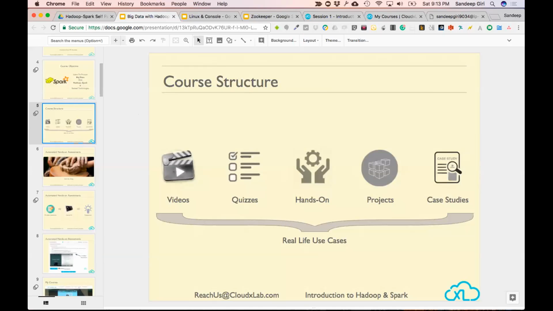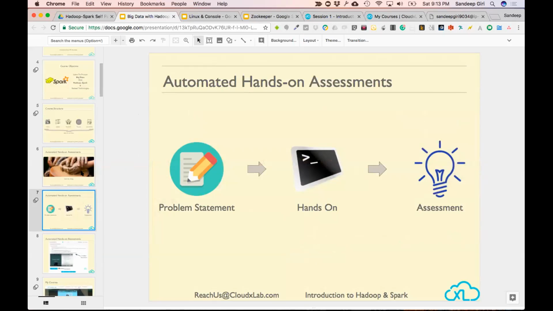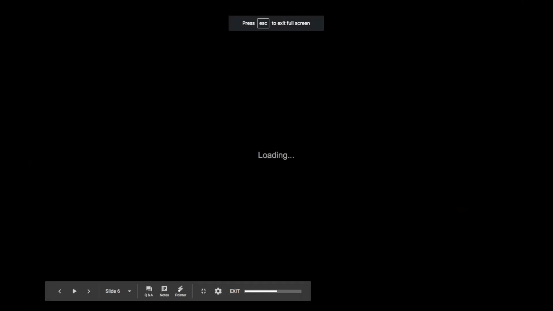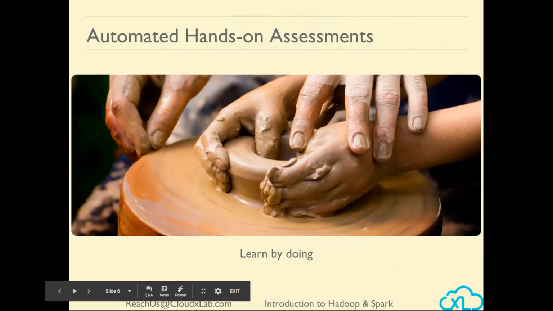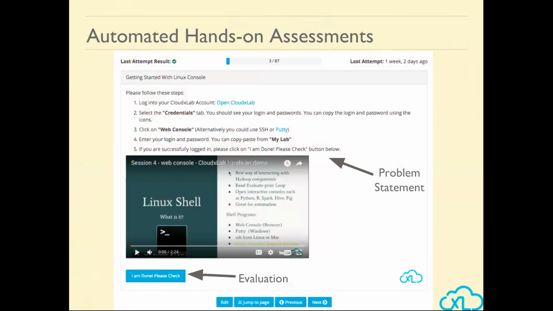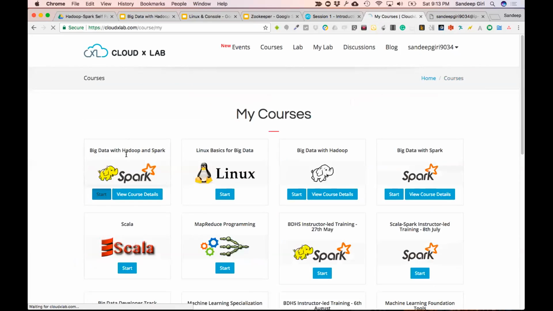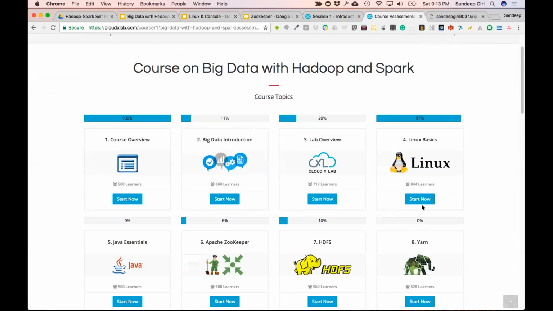Great. Now I'll just go over what we have discussed in the first session quickly, and then we can start with our other exercise. All right, so this is something we're talking about: assessments. Assessments are something that you must take a look at. Why? Because if you go here in my courses and you go into this particular course,